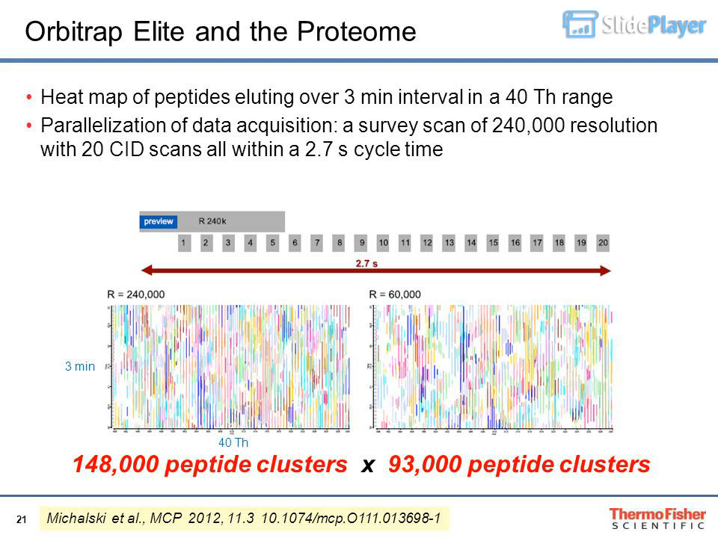B. LC-MS heat map of peptides eluting over a 3-minute time interval in a 40 Th range. More detail is visible in the ultra-high resolution setting, left panel, compared with the normal resolution setting, right panel. 3 minutes, 40 Th. 148,000 peptide clusters versus 93,000 peptide clusters. Michalski et al., MCP 2012,